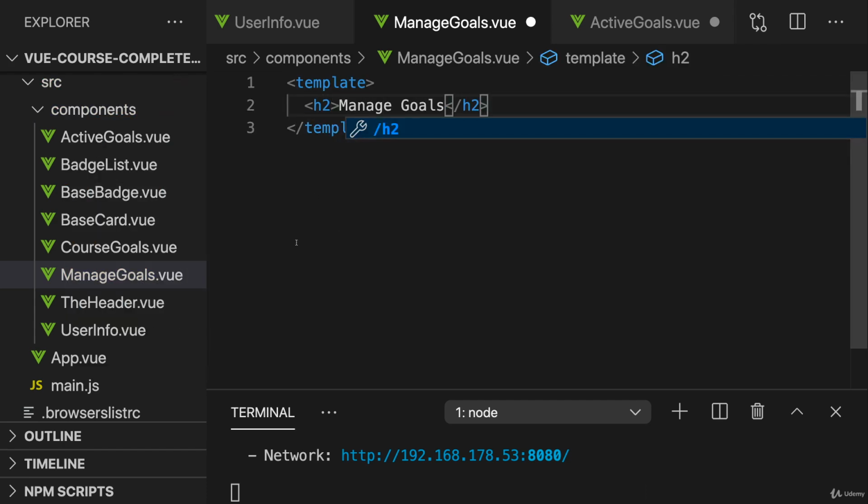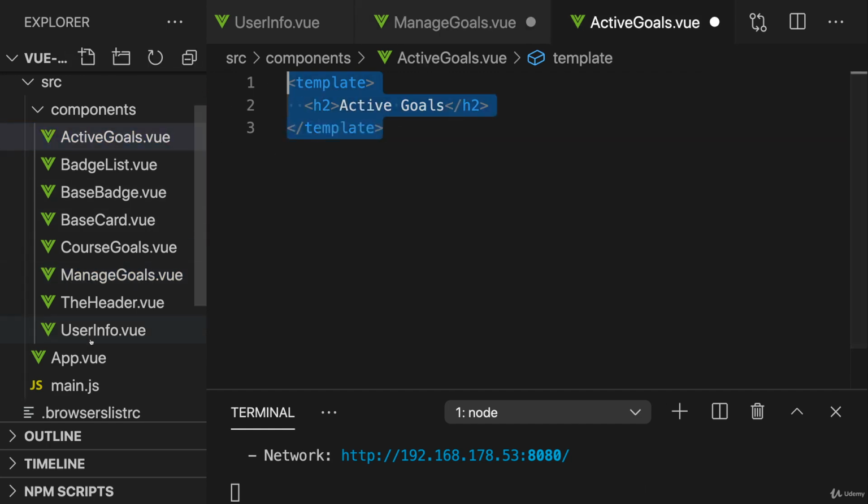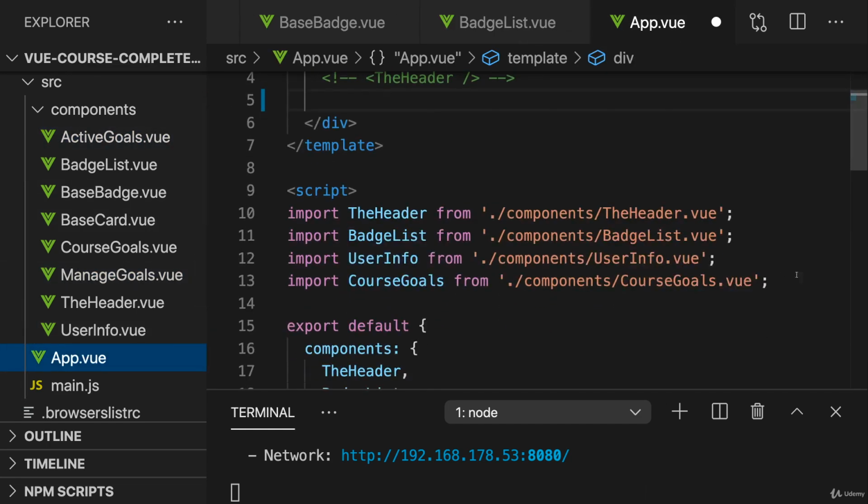I'll not even add script tags here. I'll not export a default config object, because if it is empty, you don't even need to export it. It will, so to say, be exported and created for you automatically behind the scenes. You then don't need to define it if it is empty anyways. So you can have components with just templates like here, and now we can add them as local components in